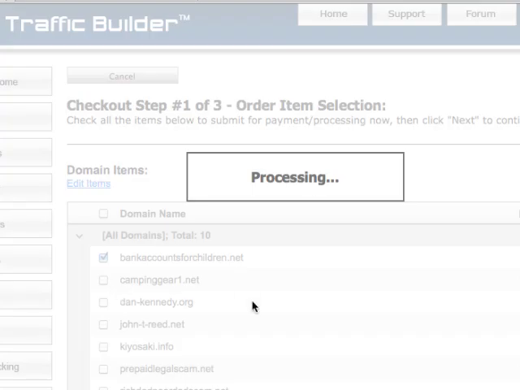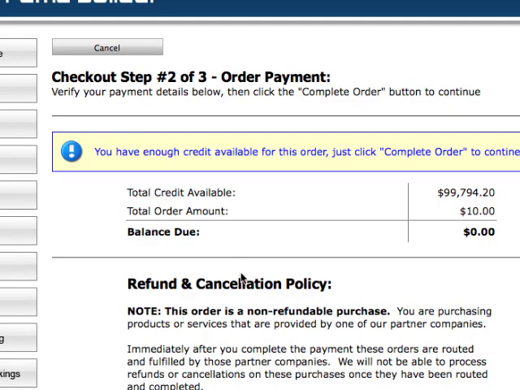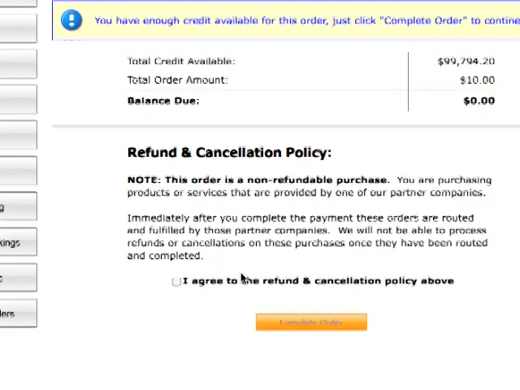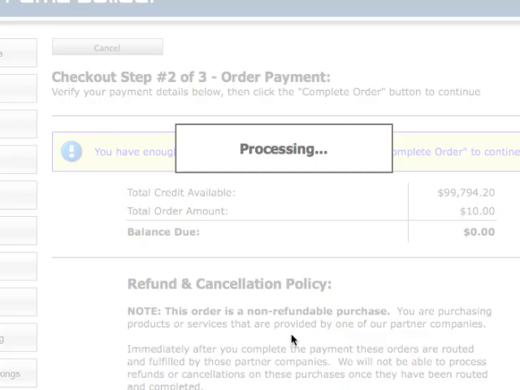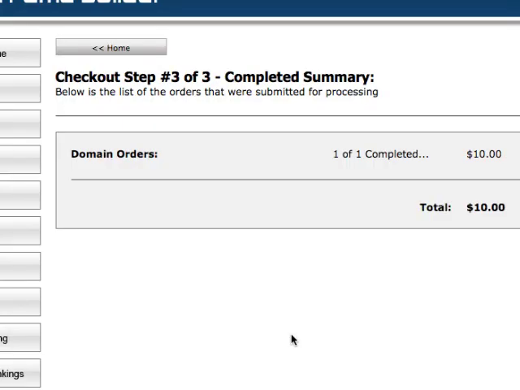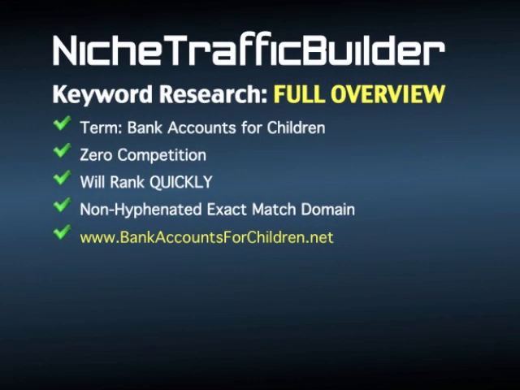All right, $10 domain. That's doing its processing, and we have enough credit to buy that. So we're just going to agree to the terms and complete the order. Boom, that's it. I have just bought that domain,